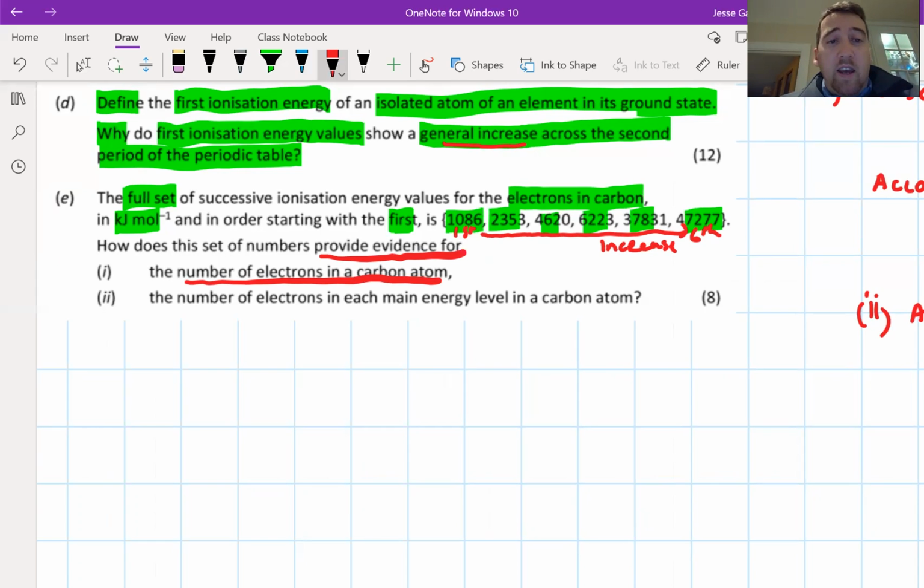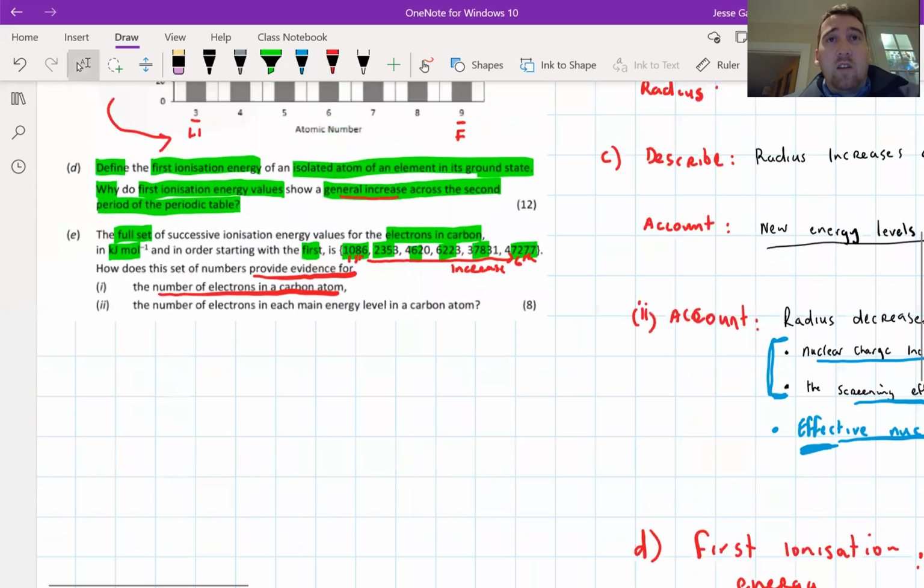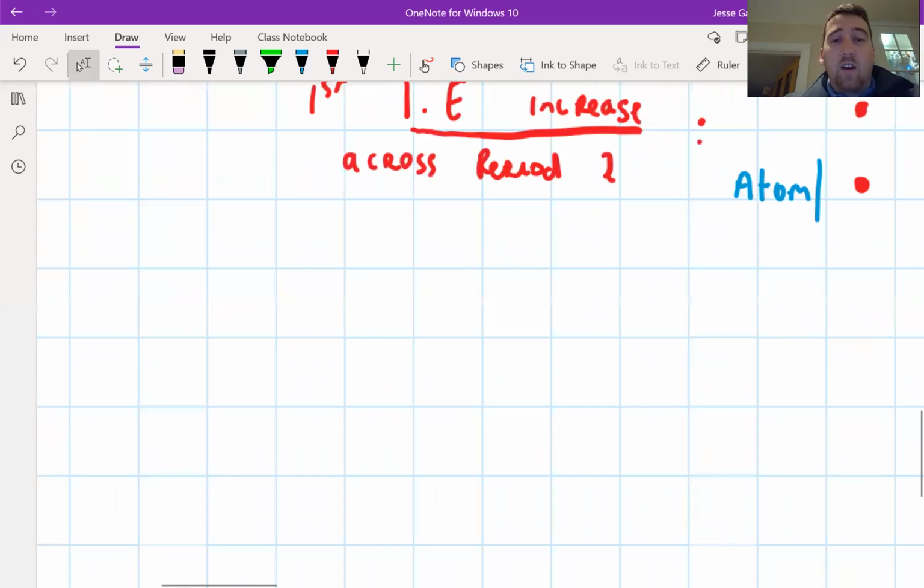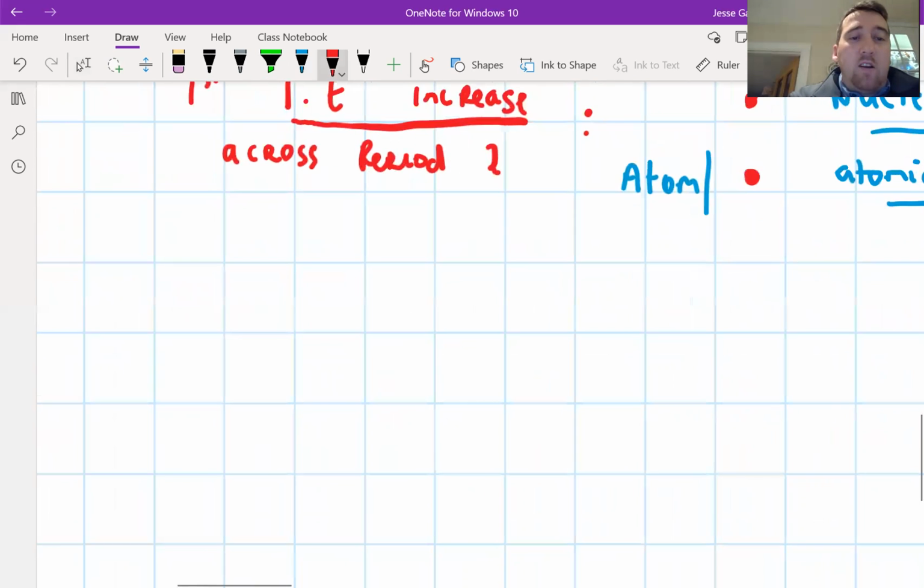It's saying the successive ionization for all of the electrons in carbon, starting with the first, and after the first, there's 6 values to remove the electrons. So how does it prove that there are 6 electrons, or that there's 6 values? It's that simple, okay? So again, it could get complicated. We could make this very complicated in our heads, but it really is 6 values